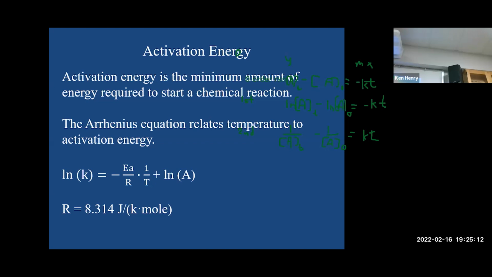So let's say this is 1. If this is 1 right here, and we go from the activation energy being 50 to 100, and let's say,